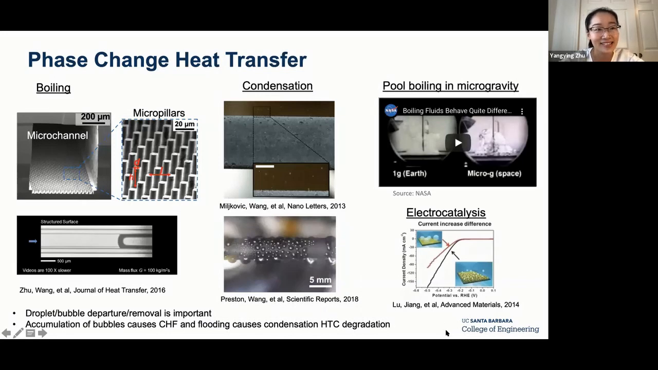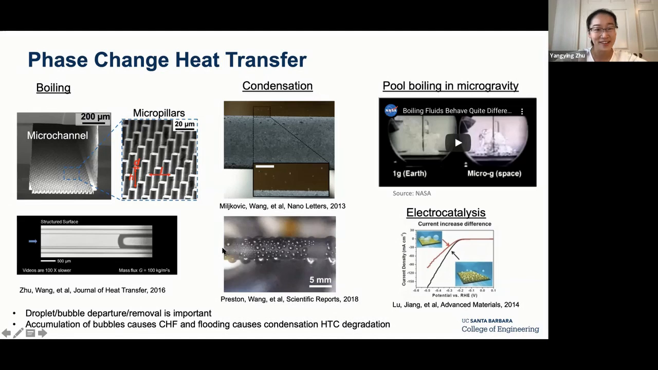phase change heat transfer is something that many of us work on. For example, we have pool boiling and flow boiling. In the past, I've mainly worked on microchannel heat sinks, where we engineered microstructured surfaces on the heated wall of a microchannel. These microstructures are able to help facilitate a wetting film on the heated surface to prevent or delay dry out. And in condensation,